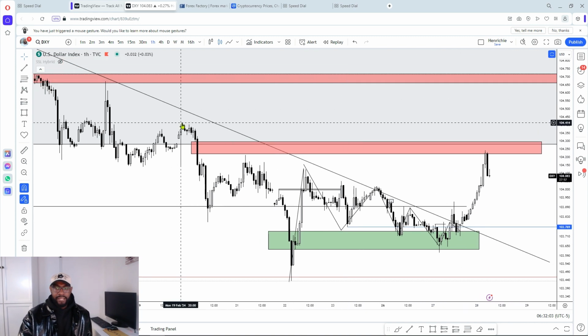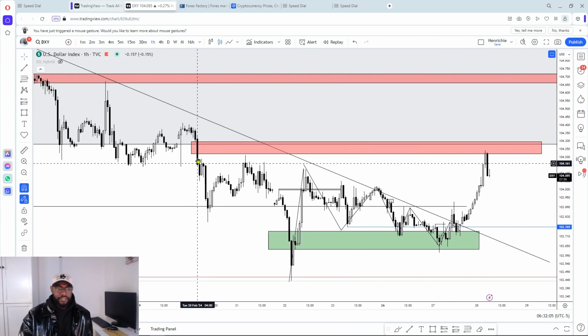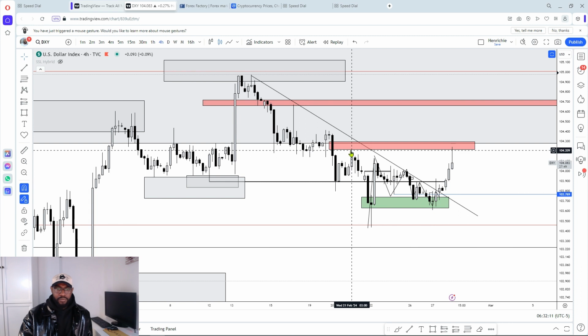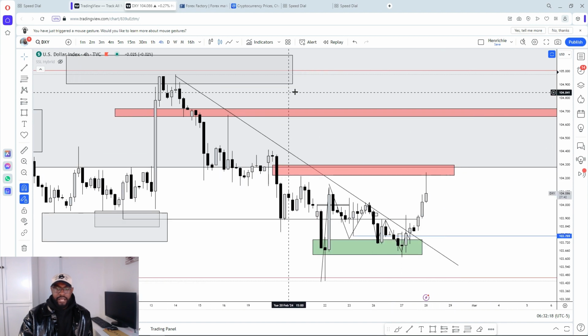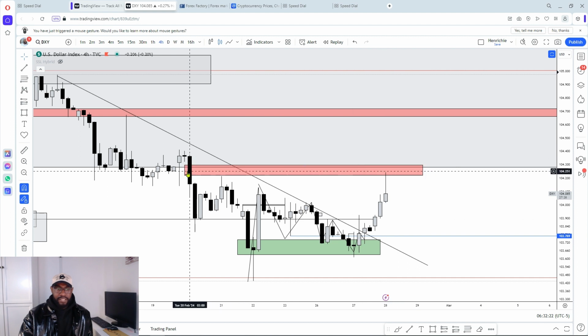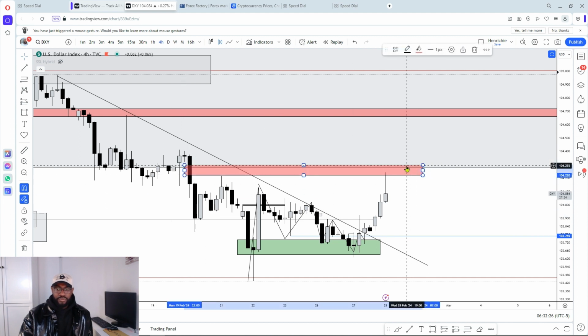price to continue higher. And in the previous live stream, I talked about this inefficiency right scenario here to be our drawn liquidity to attract price to the upside. And as you can see, we had liquidity resting right there as well, inefficiency resting right there. Now we still want to see higher prices on the euro, on the dollar. So despite the fact that I was anticipating for this to be a drawn liquidity magnet to attract price upside,